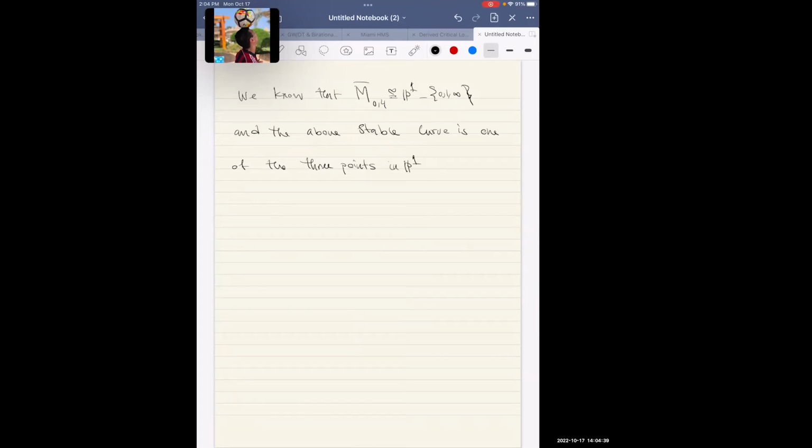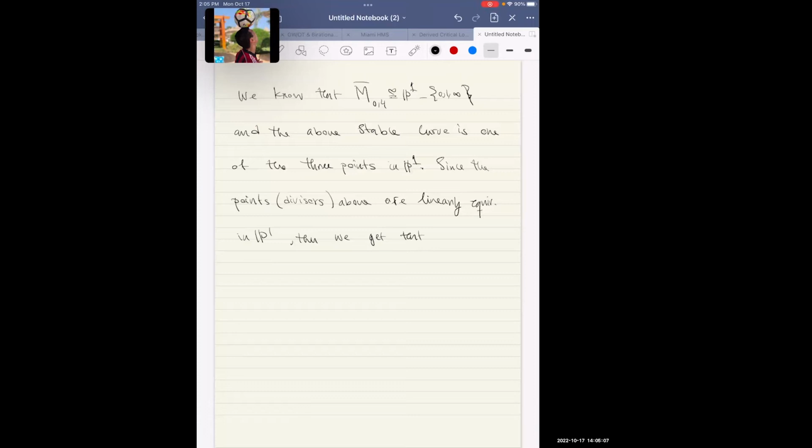Since the points, i.e. divisors above, are linearly equivalent in P1, then we get that